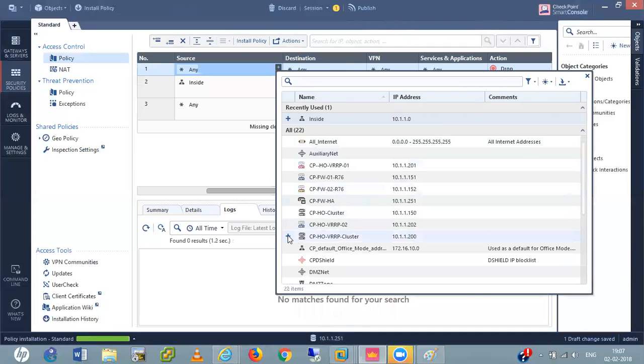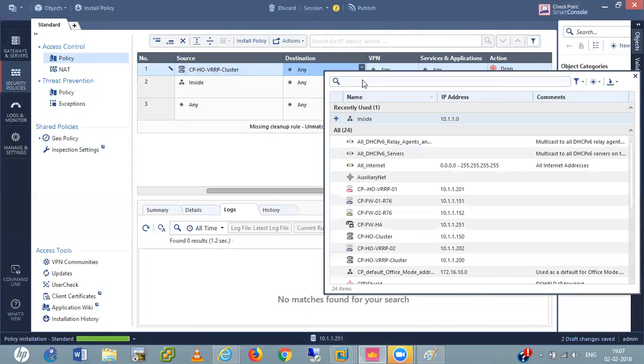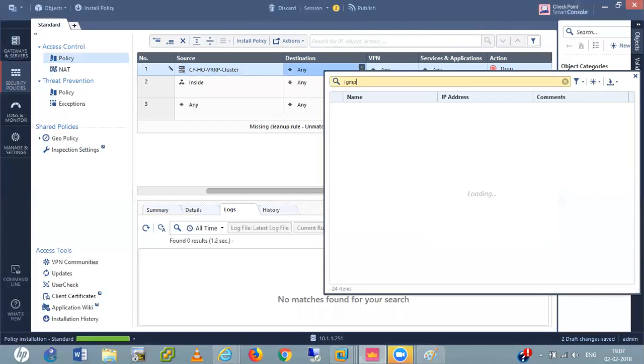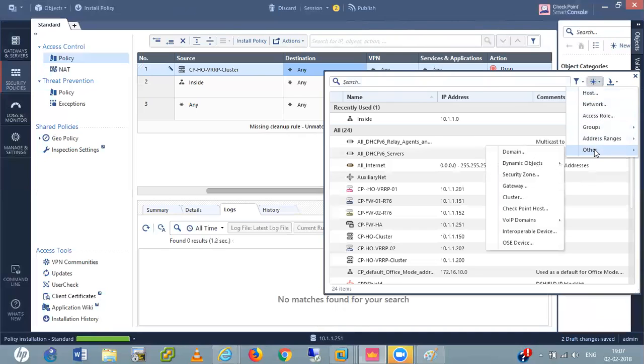And in destination, I call IGMP. Nothing is there. Internet Group Management Protocol. Let me create one new object. Host, network, address range, host group.